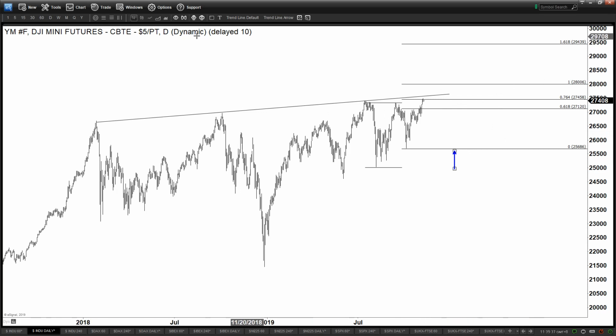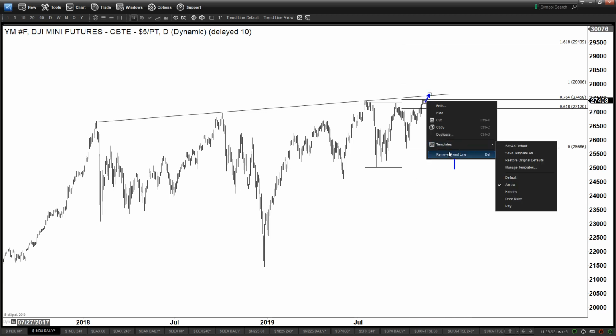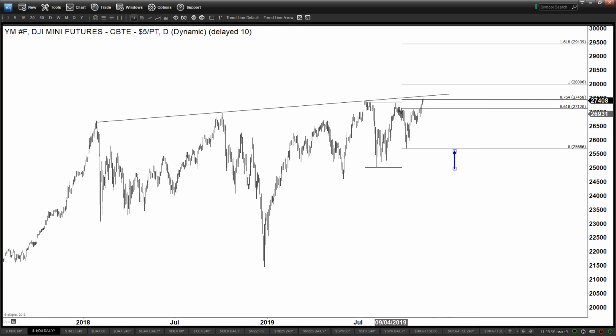Now this is the daily chart right here, and you can see clearly a 2-year trend line that comes from 2018, right? So perhaps one more leg higher can be retesting that trend line before we get a pullback, which is possible. Okay, now in terms of the possible move, a possible target on the upside potentially can be